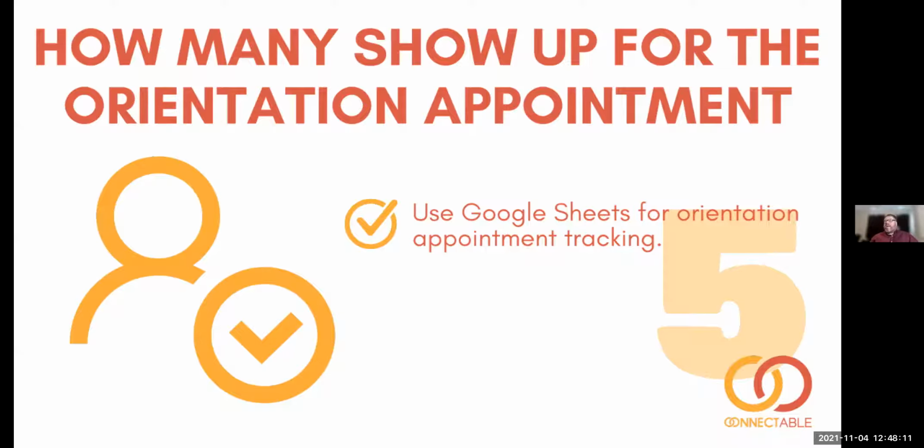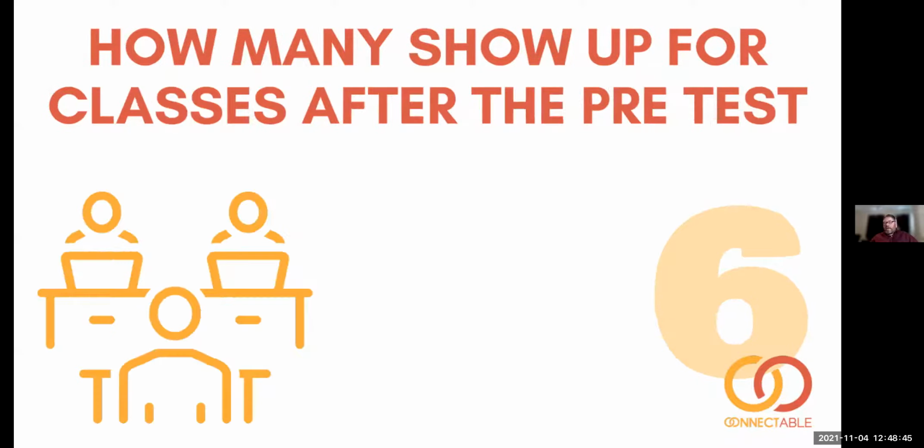As we were looking at data, we were wondering why this happens. And I think talking to students and just hearing what teachers are saying, we think the number one reason is that they just get scared of the test part of it. And the whole process, you know, for a lot of adults to come back to school is hard. And, you know, I need to learn English, but boy, it's going to take a lot of work. And I don't know if I'm ready for that. Those are our realities. So how many actually show up is an important thing.